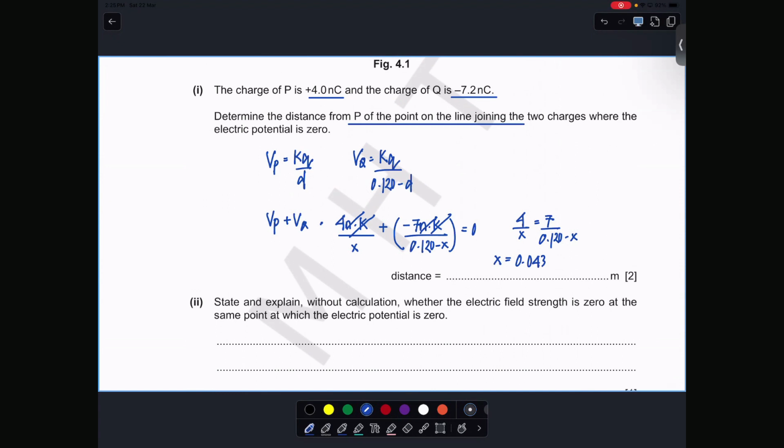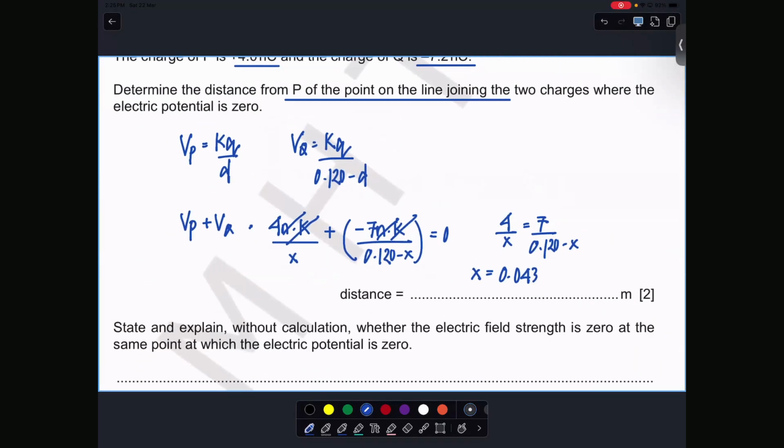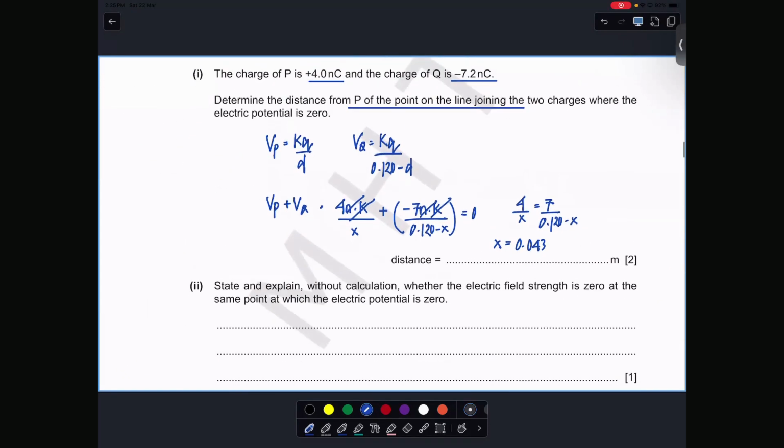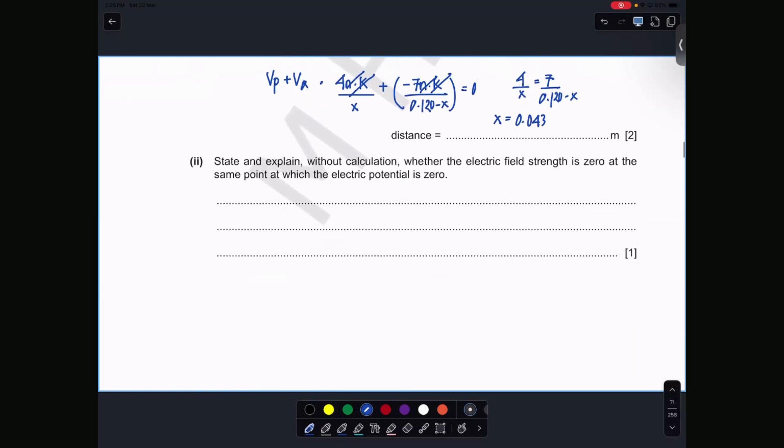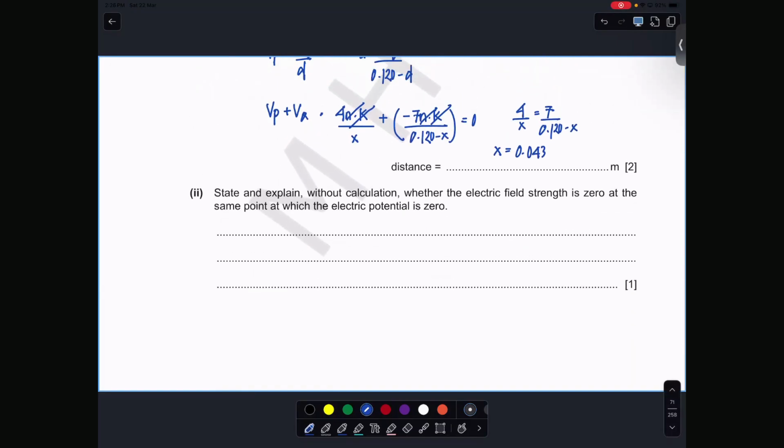The whole calculation is 1 mark. They gave 1 mark for that. Okay. Here it says: state and explain without calculation whether the electric field strength at the same point is going to